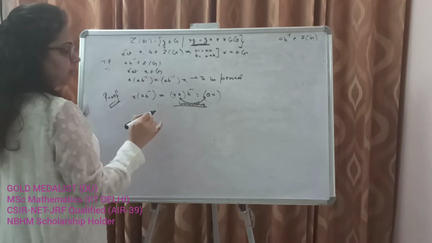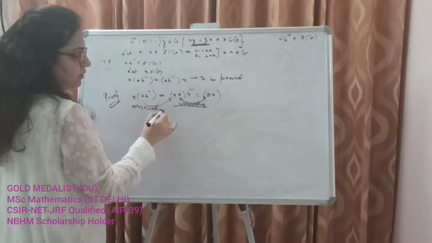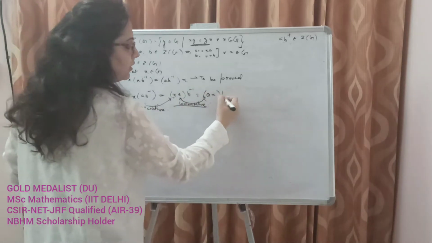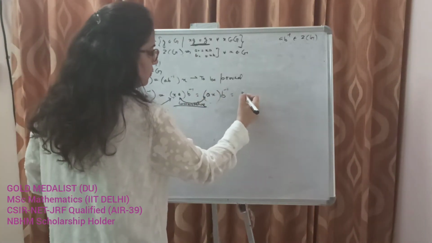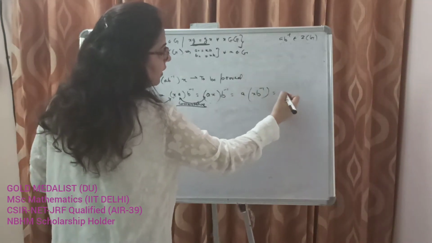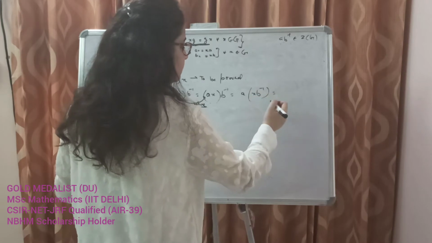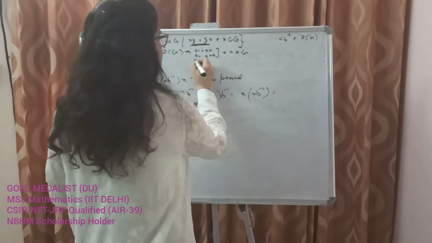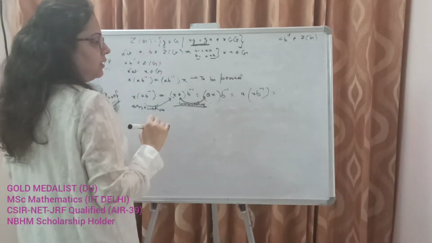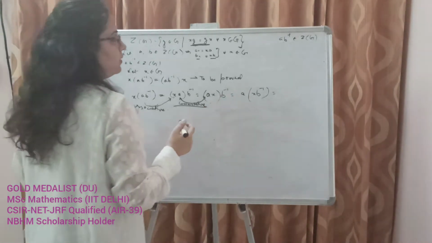So here we applied commutativity while going from here to here. This was associativity. This is commutativity. xA into B inverse is equal to Ax into B inverse, which is equal to, again we are applying associativity. Then we have, now since B commutes with x, right? So we will show that B inverse also commutes with x, correct?